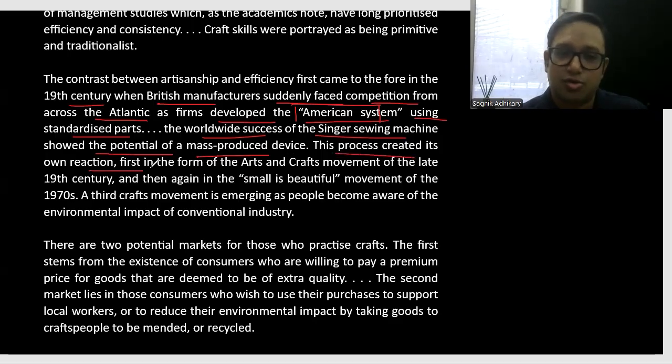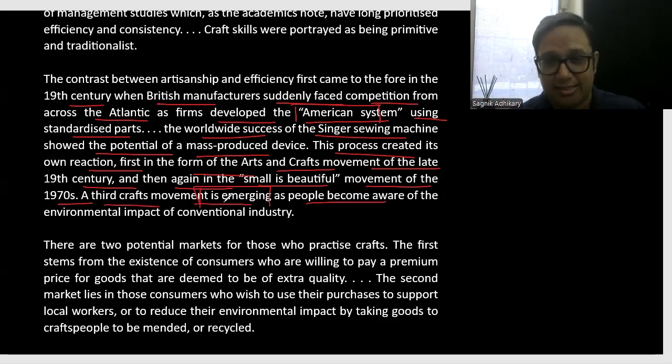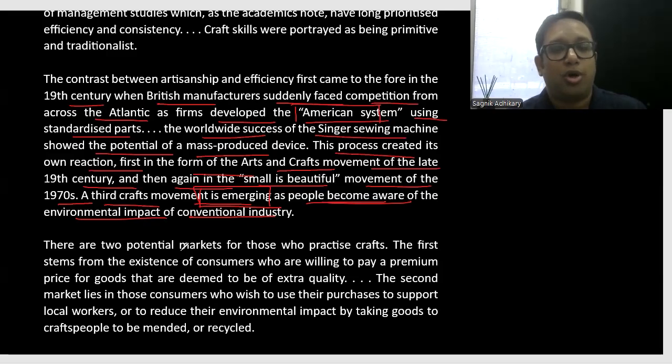This process created its own reaction, first in the form of the arts and crafts movement of the late 19th century, then again in the small is beautiful movement of the 1970s. A third crafts movement is emerging. We see here that this is emerging at present, as people become aware of the environmental impact of conventional industry. The fourth paragraph then says why this third craft movement is emerging, or rather, what is the reason